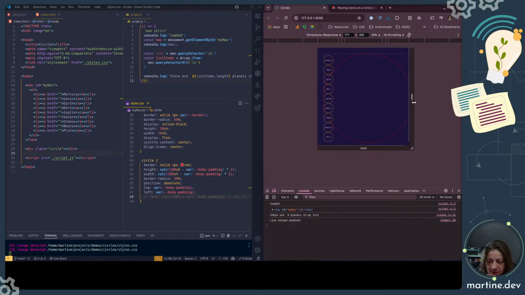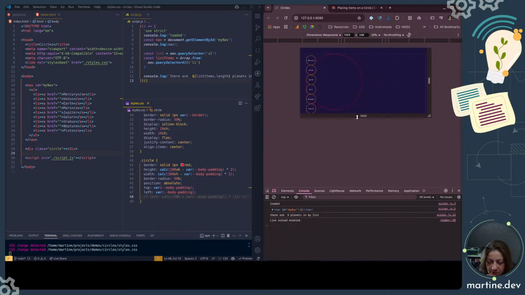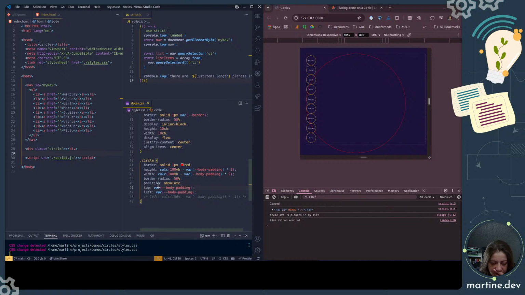Because it overlaps. That's right. So we would want the 50% mark. To get that curve, we want the 50% mark at here. So we want it negative 50%. So if I do left,